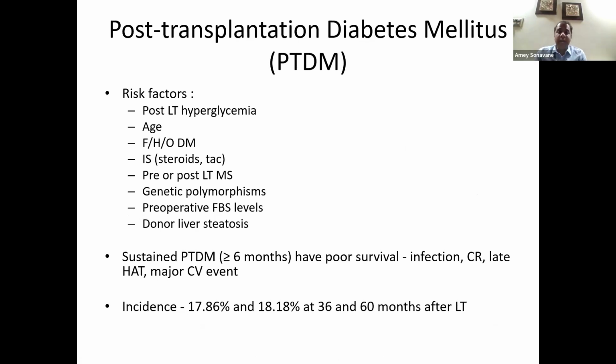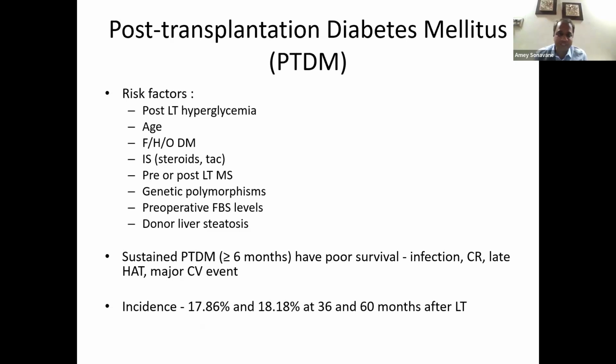Many patients develop diabetes post-transplantation, and the risk factors include post-transplant hyperglycemia, higher age, prior history of diabetes or a family history of diabetes. Immunosuppressive drugs like tacrolimus and steroids increase the propensity of developing diabetes post-transplant. Metabolic syndrome doesn't help. Certain genetic polymorphisms like PNPLA3 increase the risk of developing post-transplant diabetes. High fasting blood sugar levels and a high donor liver steatosis are major risk factors as to why a patient